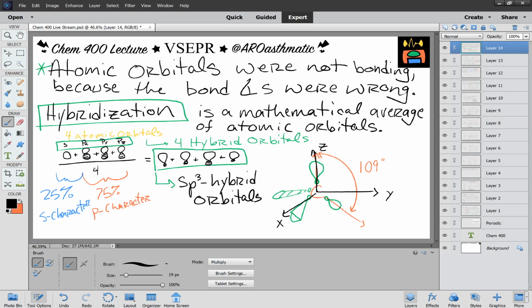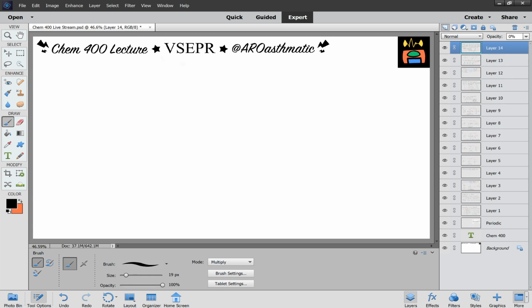Now, let's talk about what's going down here. We'll continue with this discussion on Wednesday, but let's close out our discussion with methane. So let's look at our sp3 hybridized carbon. It has